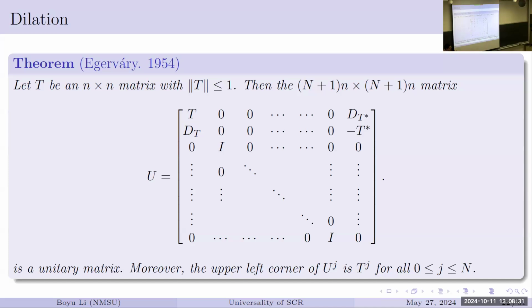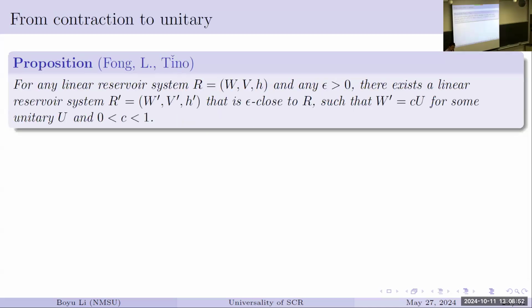So you can do u squared, u cubed, and so on. You recover the t cubed and so on. But after n, you will forget about it. But that's not a big problem because my W itself is a contraction. Its norm is strictly less than 1, so eventually that itself is going to decay anyways. So we only need to keep track of my W raised to some finite power. So this is exactly the technique we need.